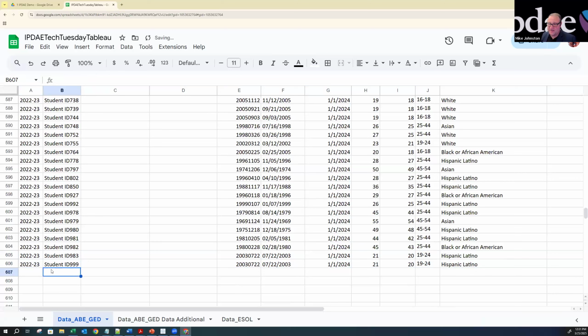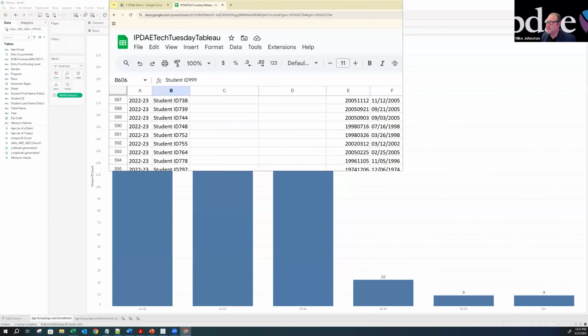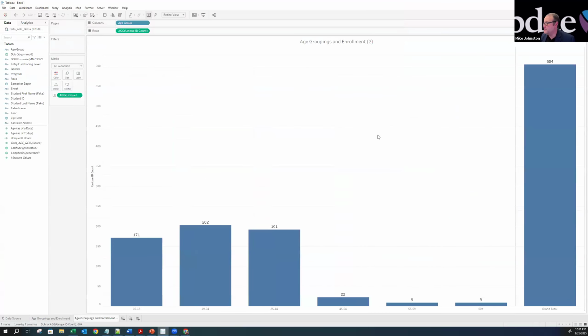So notice when I say this is really student ID 999, I'm going to go back to my Tableau and say, okay, I'm ready for it to update. And the interesting part about this is that this will not update immediately. It will update about every 15 minutes, but there's ways to make it update. So for us, all I'm going to do here is hit F5 on my keyboard. And hopefully in a couple seconds, this will update and show us the correct, oh, there we go. It will show us the correct number of 605.